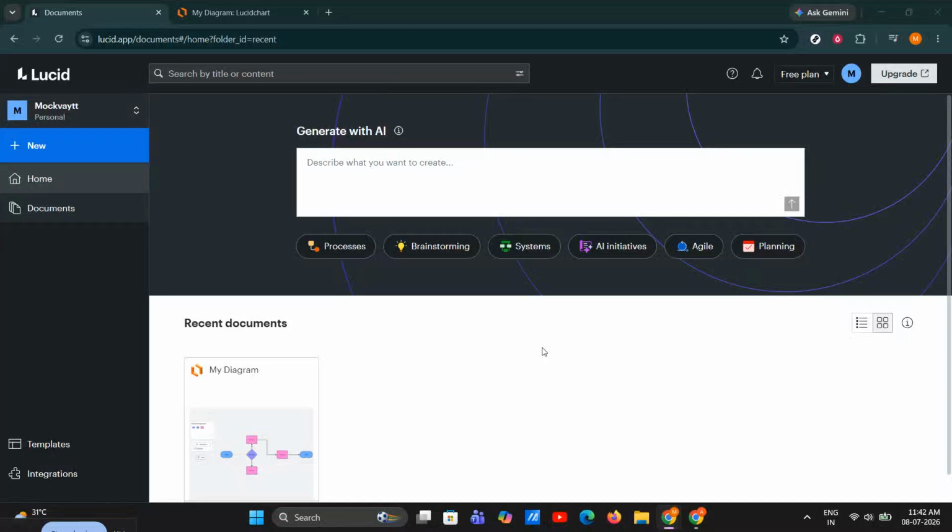If Lucidchart is showing a connection error, don't worry. In this video, I'm going to walk you through the fastest fixes step by step so you can get back to your diagram without wasting time. We'll cover the most common causes, including internet problems, browser issues, extensions, and even WebGL settings that can interfere with